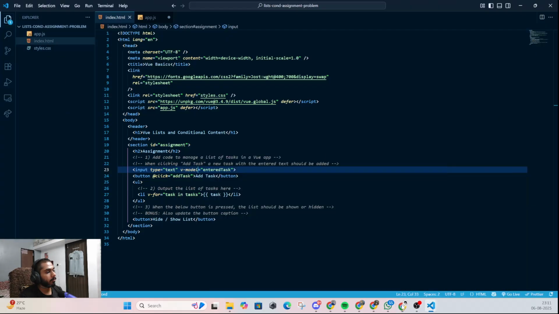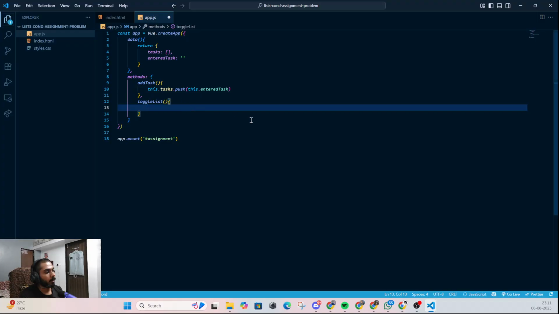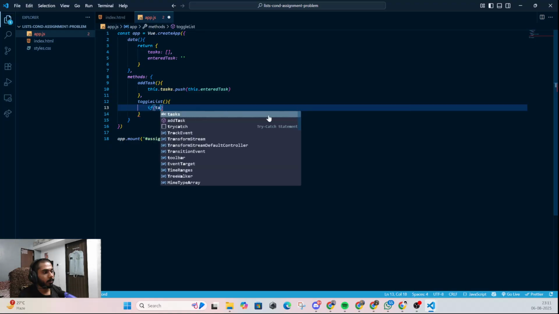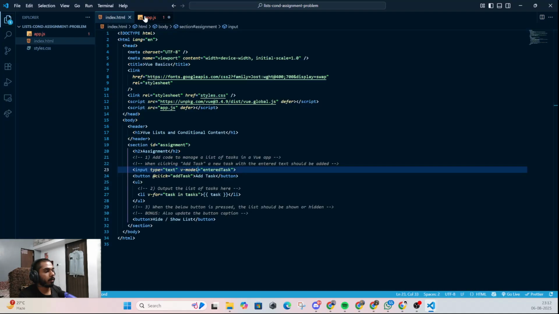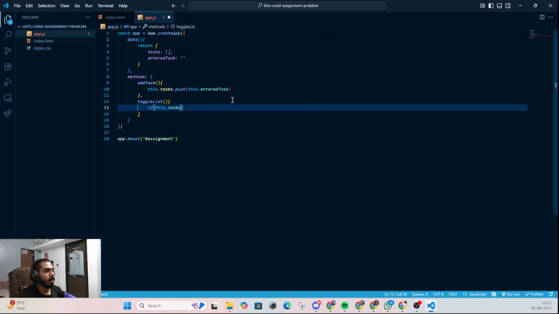So at click something should happen, and what should happen is that if this dot tasks, no, we don't need to like, okay,